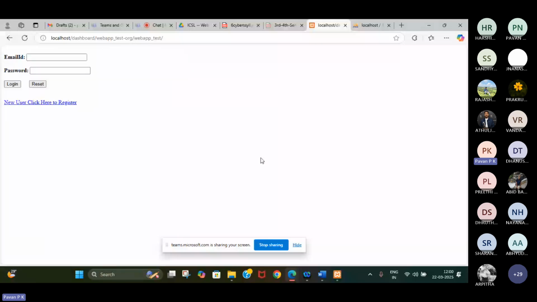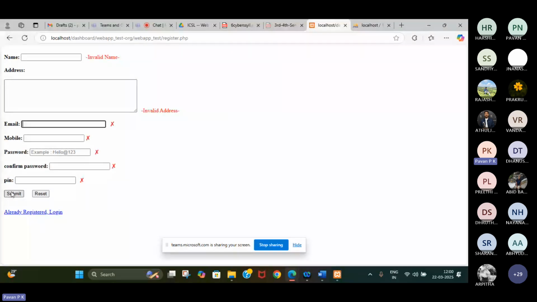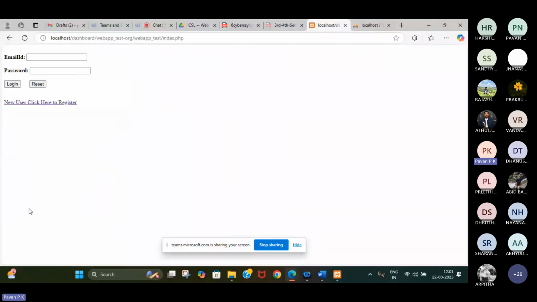And now if you want to register, if you are a new user and have not registered to this site, then you have to click here to register. See, here I have done JavaScript validation. Empty forms should not be submitted to the server side; I have avoided that on the client side only, with respect to the login page also. When I click this, see,